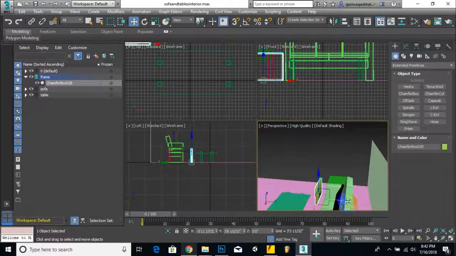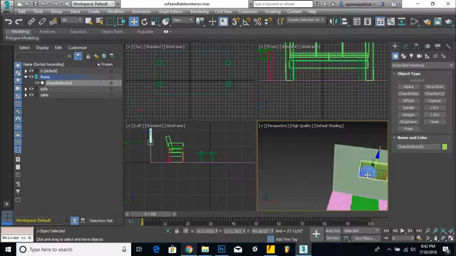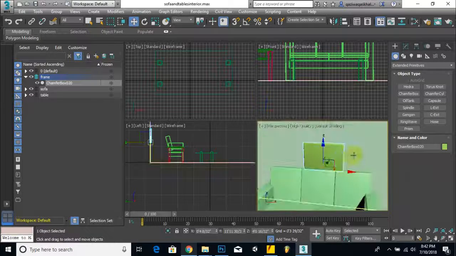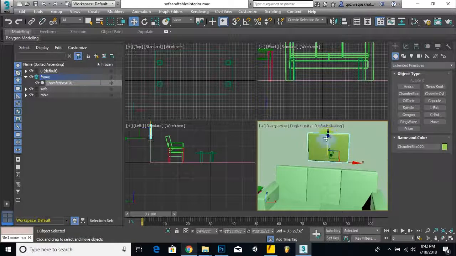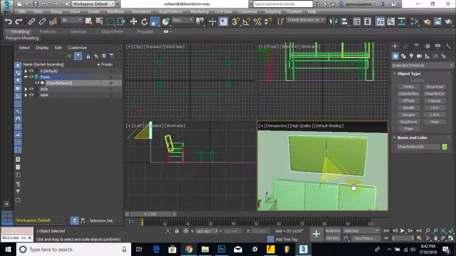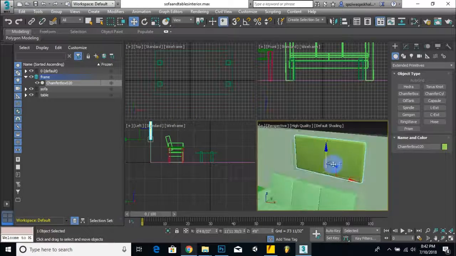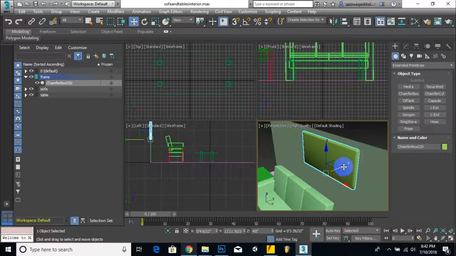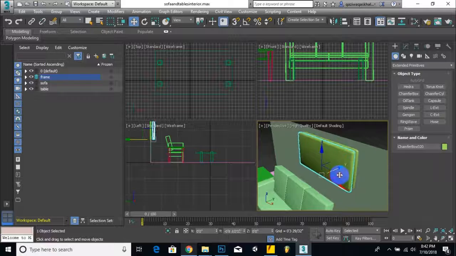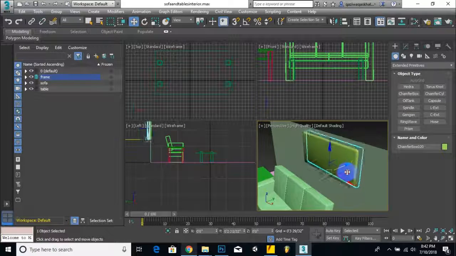So we'll place it on our wall. It's a little bit small. We can scale it by using the scale tool. In x-axis we will make it bigger, and now I think it's absolutely fine. We will just duplicate the chamfer box like this,